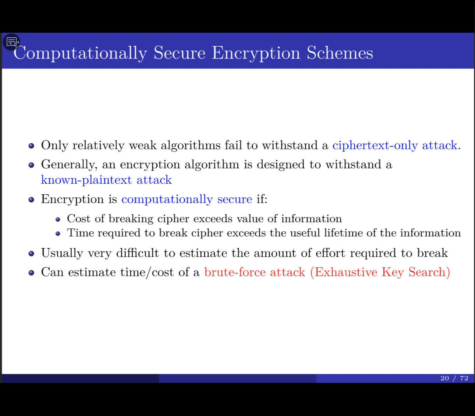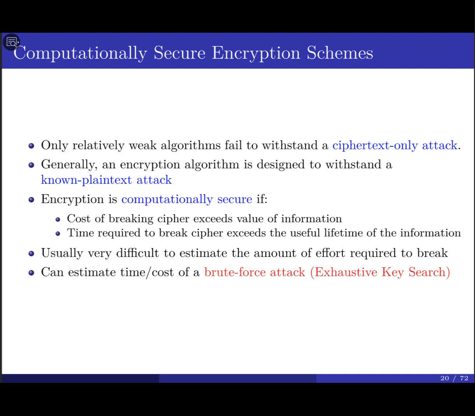Generally speaking, the encryption algorithm is designed to at least withstand the known plaintext attack. That means in this case, just to remind you, Eve is going to know the ciphertext to be decoded, plus a sequence of plaintext-ciphertext pairs. You know that. So the question here: